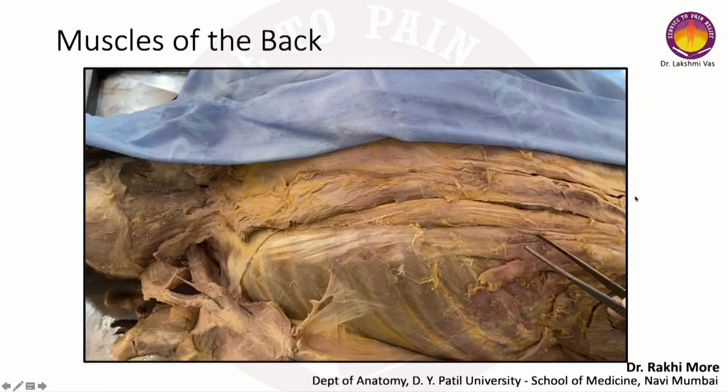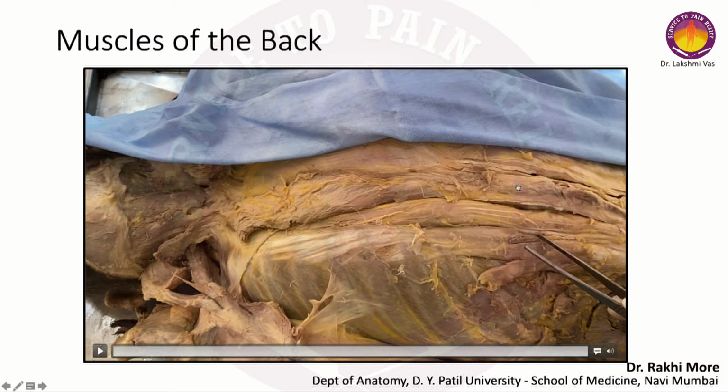Okay, as you can see in this image, the important muscle over here is the erector spinae muscle, and we have already seen in the theory the three parts of the erector spinae muscle. The medial most part is the spinalis. As you can see, it is related to the spine. This is the spine and this is the spinalis. The intermediate part is the longissimus, and the lateral part which is related to the ribs is called as the iliocostalis.